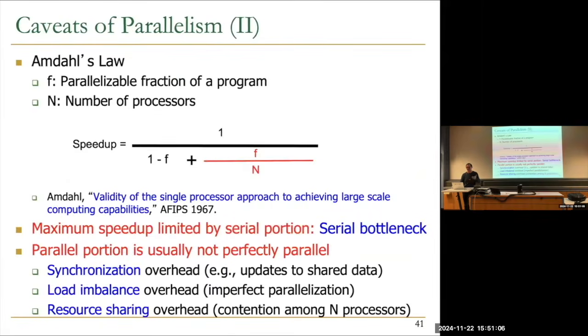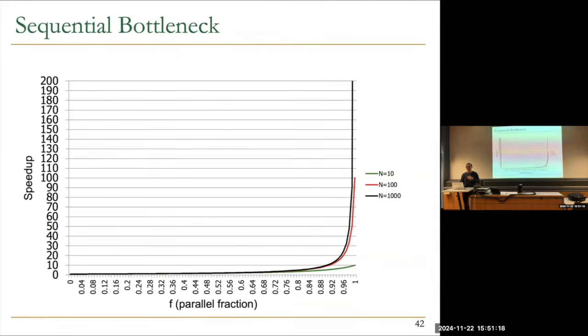Okay. We have also discussed that the parallel portion is also not perfectly parallel, and these results don't take into account synchronization, load imbalance, resource sharing. So it's good to think about this. This is exactly why Amdahl said we should be focusing on the single processor. This is 1967. And there's still good reason to focus on getting that single processor extremely fast and efficient, and scheduling code that requires that fast speed and efficiency on that single processor.